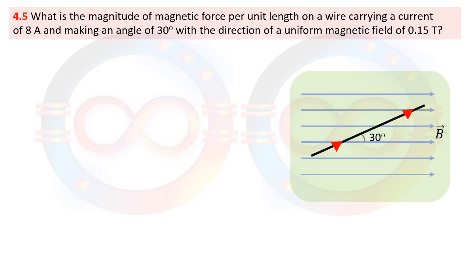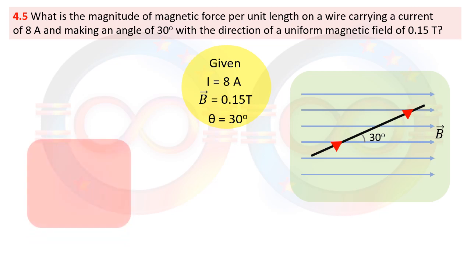A wire carrying some amount of current is placed in the magnetic field at an angle of 30 degrees. The given values we take are I equal to 8 ampere, B equal to 0.15 Tesla, and the angle is 30 degrees. Again, if we want to apply the formula of force acting on a straight current carrying conductor in a magnetic field,